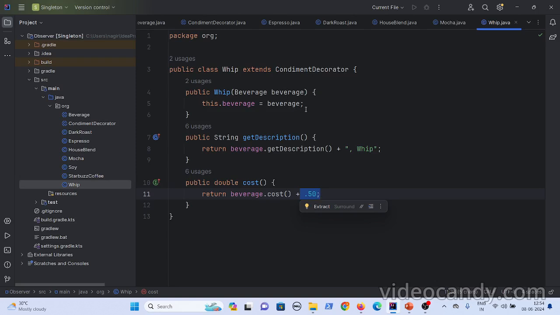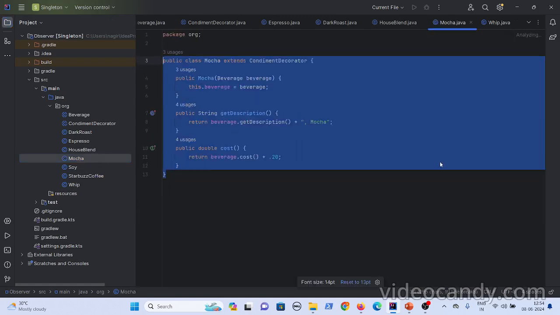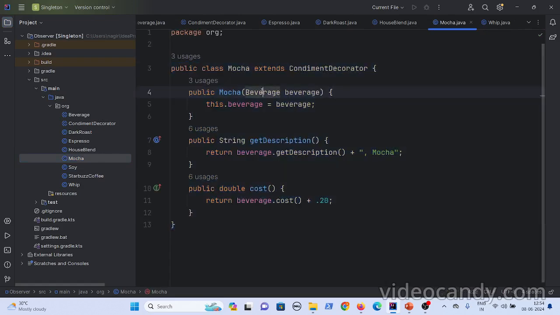Now let's say initially I decorated coffee with whip and then I go to mocha. Now to mocha, what I pass is, I'll pass one, okay. Now when you go to mocha, what happens is you already have a beverage that is decorated with whip, okay. Now the cost in this beverage cost included espresso plus whip cost. So here the beverage dot cost will give you that, and then it will add this, right? So likewise, this is the design.